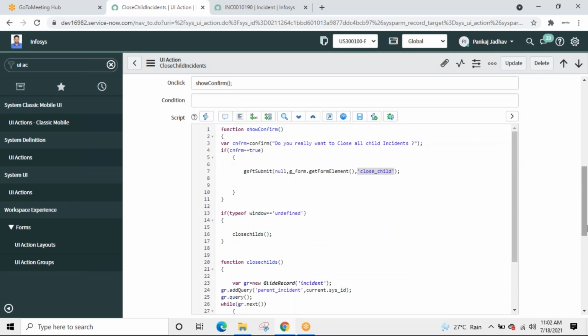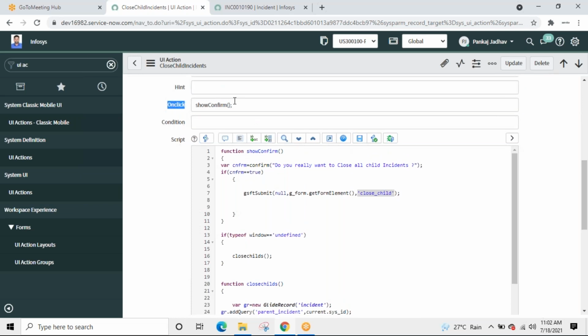Now how is the flow? Up till here, the user clicked on the button, this executed, and because this executed, this executed. But inside this, we are asking for yes, no. If the user clicks on yes, then this will execute, and then GSFT submit will give a call to the server side function.